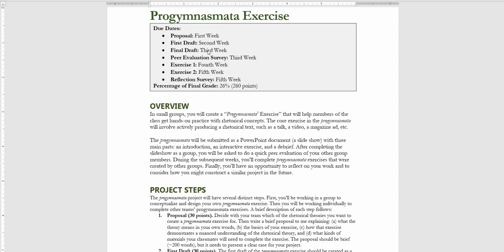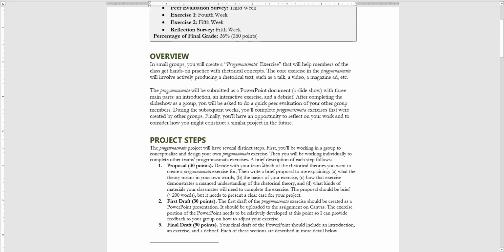During the second week, you're just going to put together a first draft of the assignment. So the actual assignment is probably just going to be a PowerPoint. The vast majority of them just are PowerPoints. But basically what I want you to do here is really work on the exercise portion of it. We're going to talk about the overall structure of the final in just a second, but in the second week,